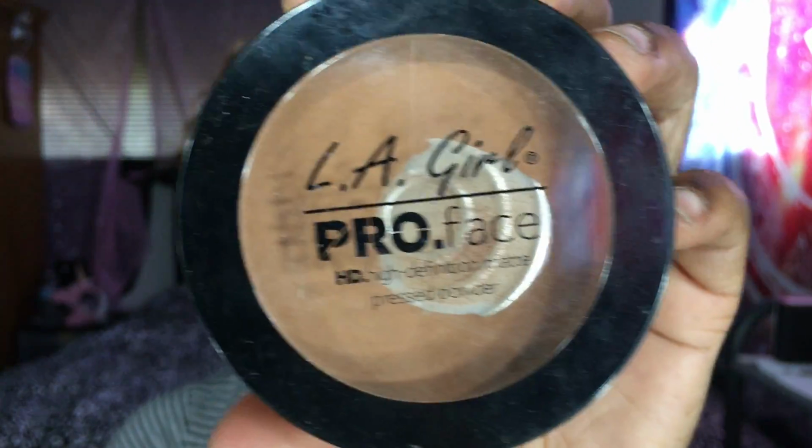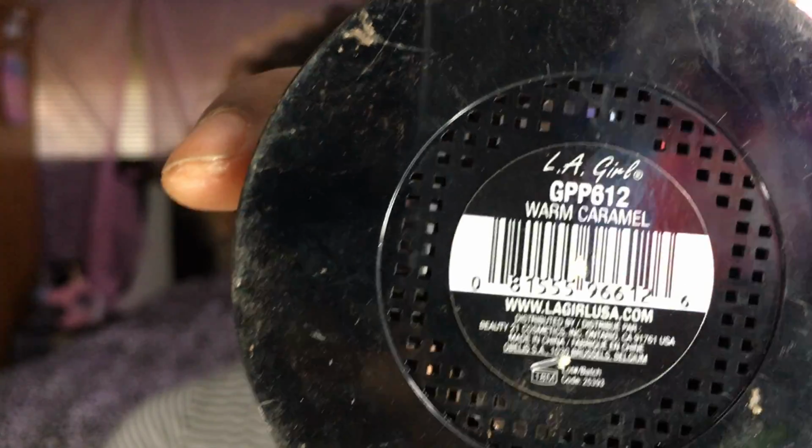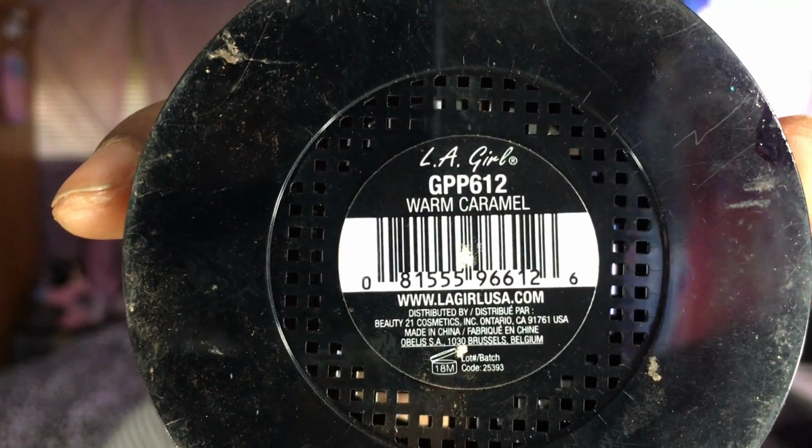So we're gonna go ahead and move on with the next part of our steps. Again, this is the LA Girl Pro Face. This is the powder foundation, also in Warm Caramel, because that's my color. And I'm going to add this to basically the rest of my face. I'm going in to the forehead, my nose, chin, all of that stuff, jawline. And then when I'm done with that, I'm going to go ahead and wipe off all of my setting powder